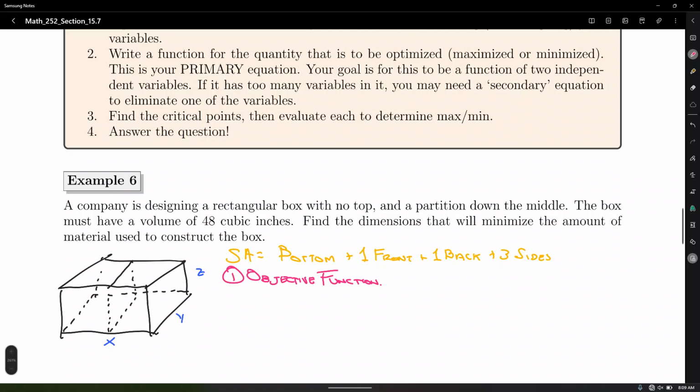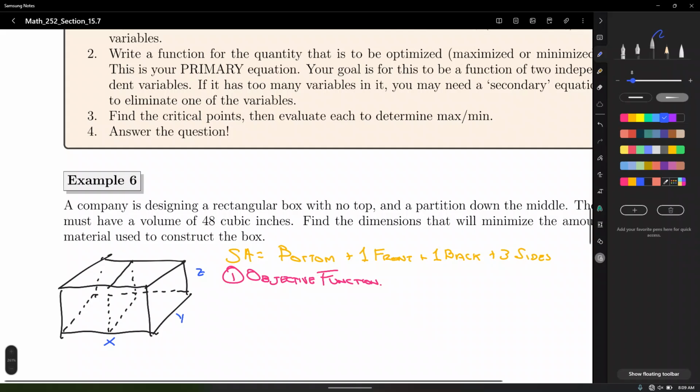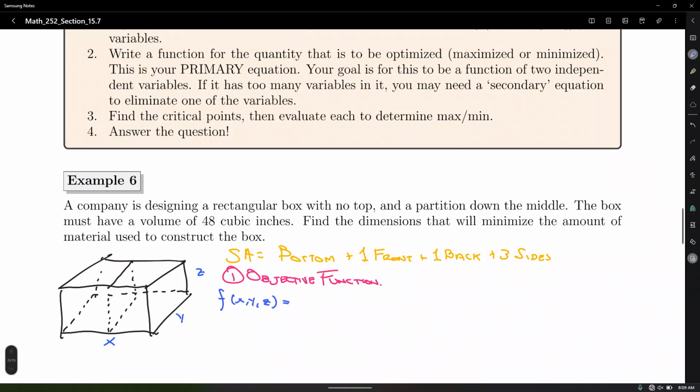Objective function, well, so that'll be f of x, y, z equals, okay, so let me talk about the sides, the 3 sides. Do you see how the sides involve y times z? Because we have 3 of them, that is 3yz. What about the front, which is xz